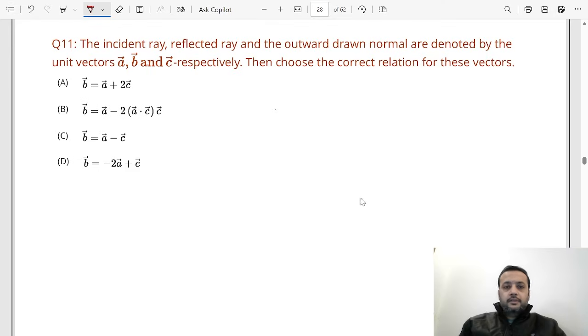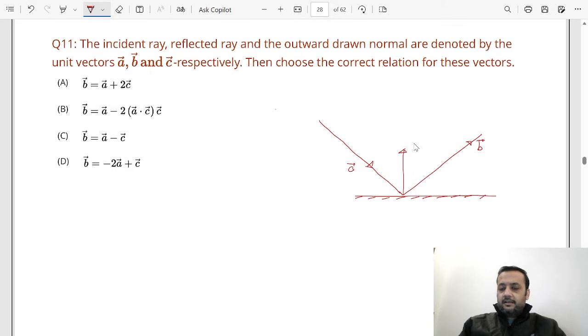This is a very standard question in which we have a reflected ray, incident ray, and outward drawn normal, and we have to find the relation between the unit vectors for the same. So let us say this is a reflecting surface. Okay, so the incident unit vector is A vector, the reflected unit vector is B vector, and the normal unit